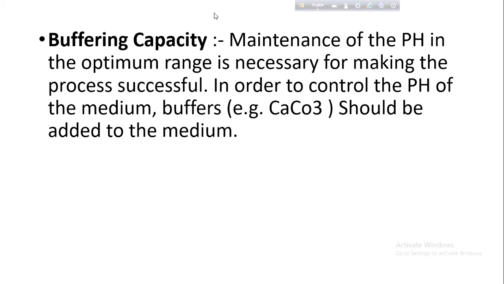That is why we have to maintain the pH by applying several buffers. One example is given here, which is calcium carbonate. In most cases, calcium carbonate is added to the media to balance the pH. Due to the reaction of certain microbes, the pH of the media sometimes reduces to such a level that it creates a high amount of acidity. That is why calcium carbonate is added to mitigate the acidity and create an optimum pH for the microbial cells to grow.